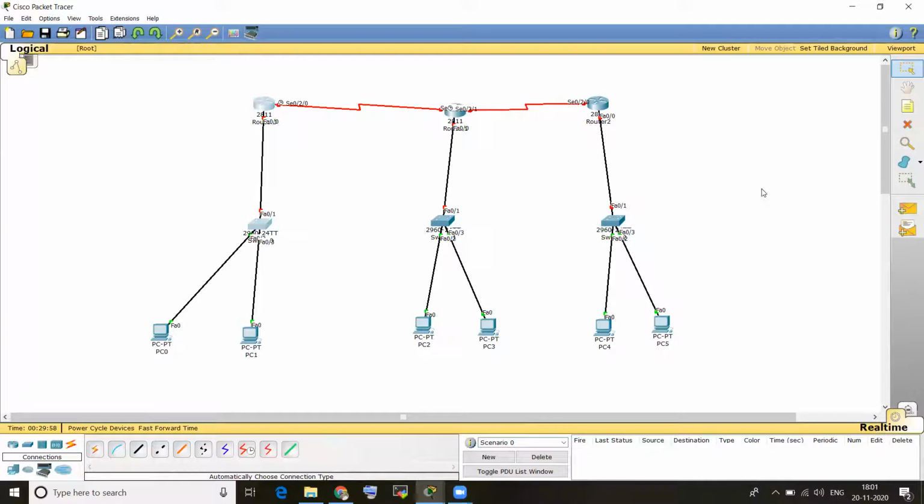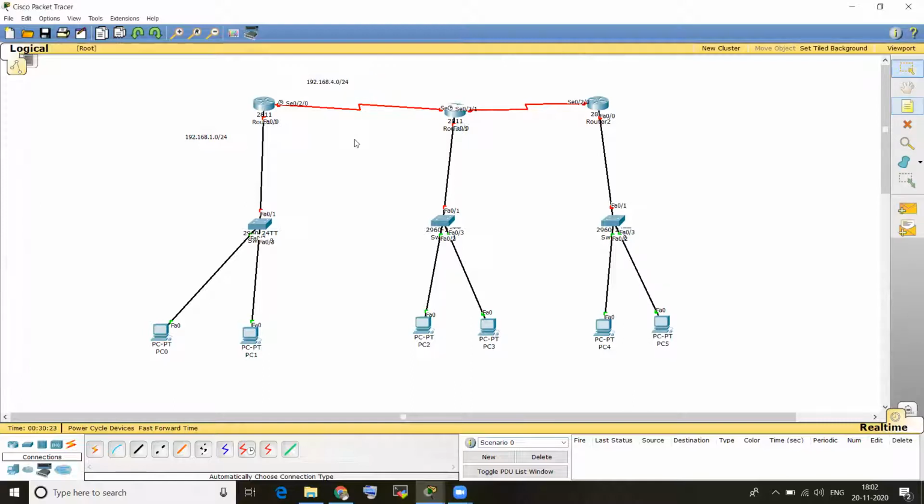In Fast Ethernet I am creating the 192.168.1.0 /24 network. For serial I am taking 192.168.4.0, that is a /24 network only.